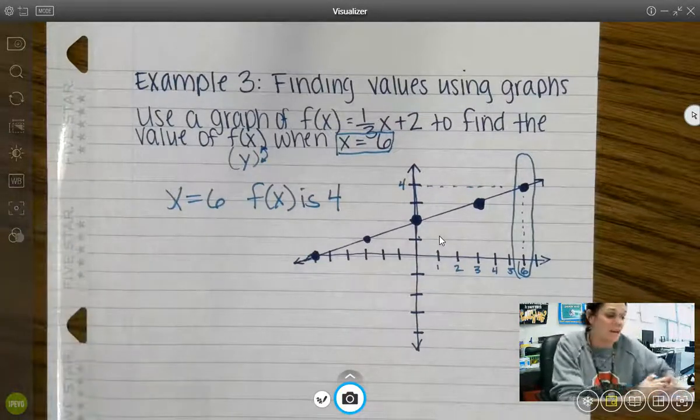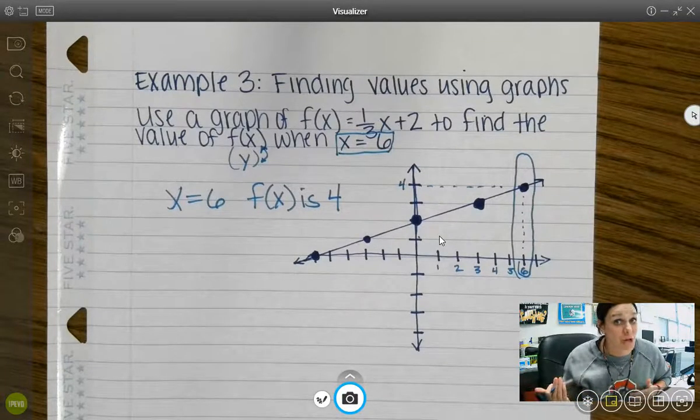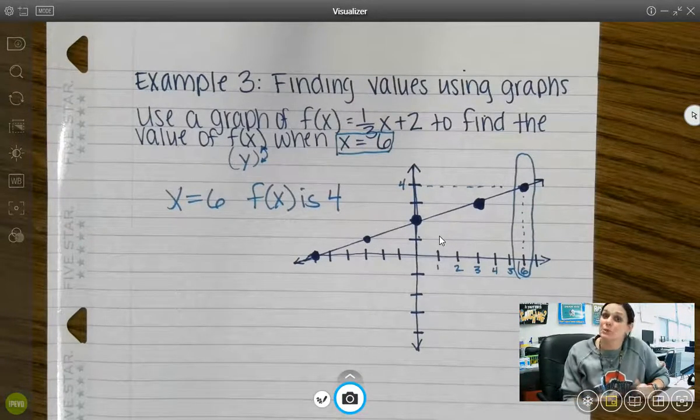So hopefully this kind of helped you out with understanding how to graph functions. Hopefully it reminded you how to graph in general, graphing points, and the difference between getting a domain and not getting a domain and how you would handle